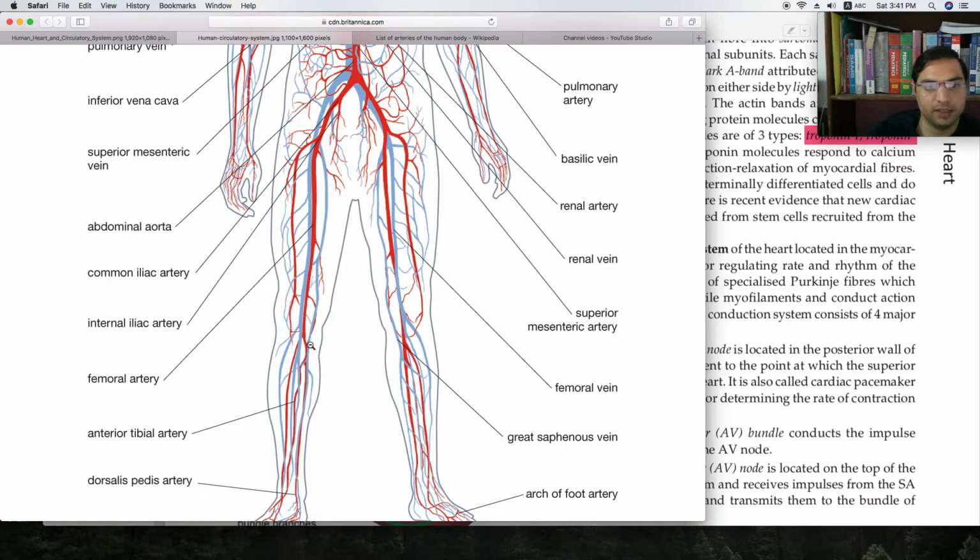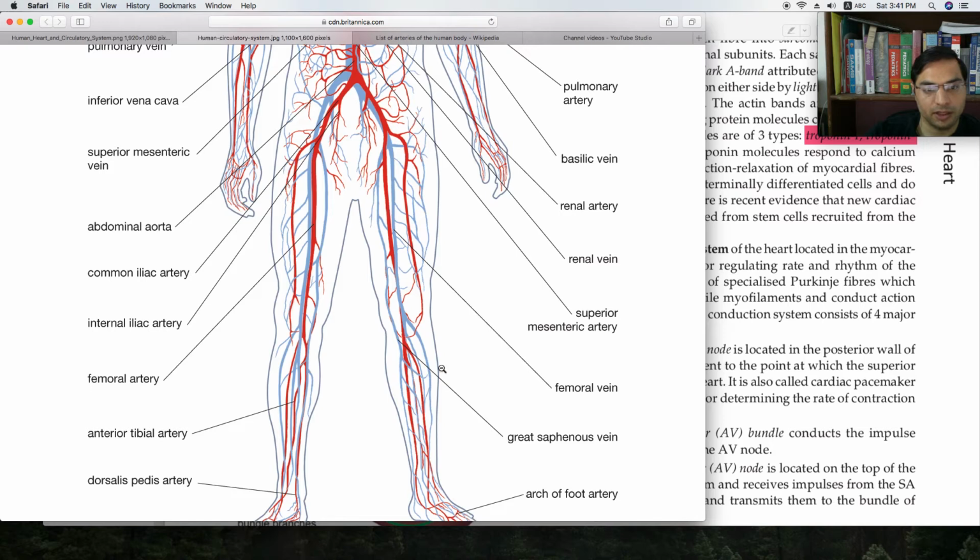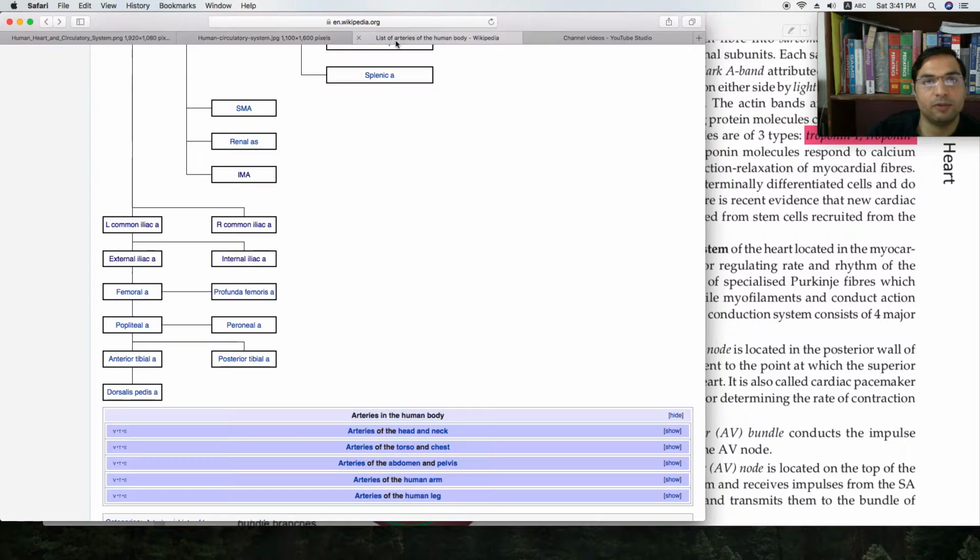So at the back of the knee, it is the popliteal artery, right. Here it is not shown. The femoral artery becomes the popliteal artery, and the popliteal artery gives its branch, the peroneal artery, at the posterior side. Not shown here, at the posterior side it gives its branch as the peroneal artery, which supplies the gastrocnemius muscle, the calf region, right.